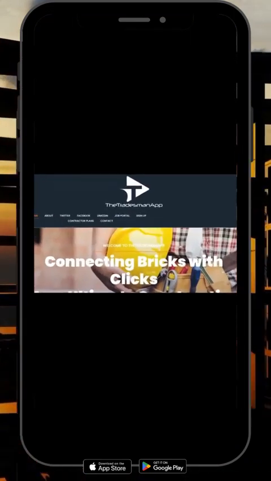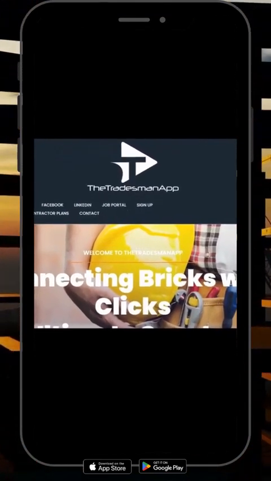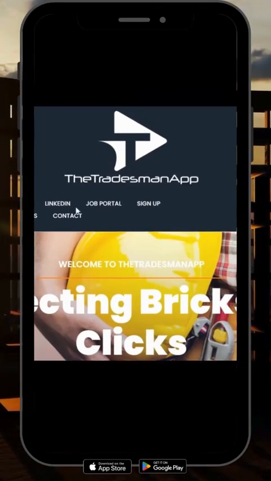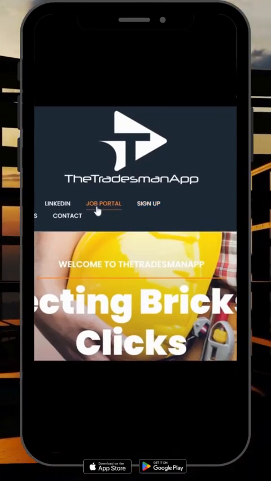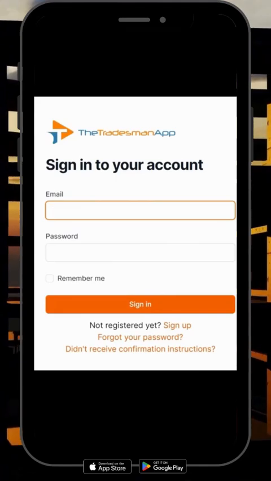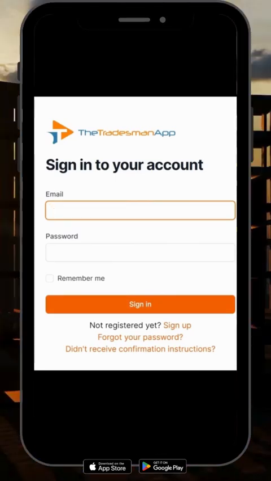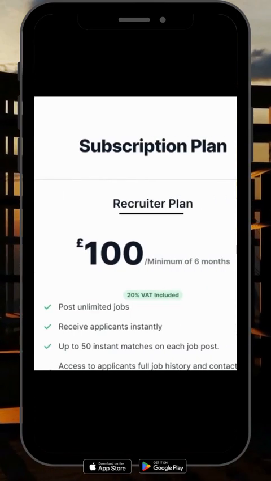If you prefer to post jobs through the website instead of the app, the process remains the same. You can find the link to our website in the video description. Click on the Job Portal section to access the sign-in or sign-up page. From there, you can follow the same steps to set up your profile, add your subscription, and create a job